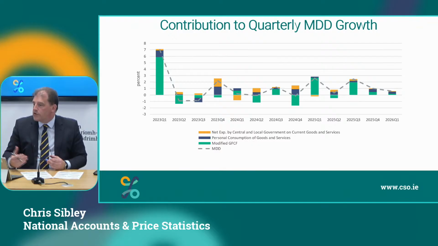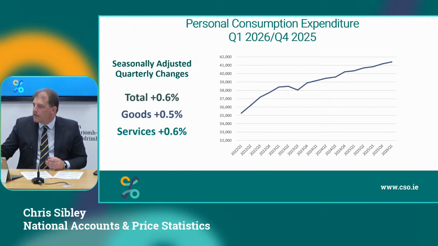And if we look at contributions to that across time, we can see that it's consumption this quarter that's keeping the MDD growth rate up. It's the main factor keeping the growth rate up in Q1 2026. Looking at each of the items on the expenditure side, we've continued growth. So despite the large price increases you see in the economy, we're still seeing large increases in consumption by all of us on goods and services again this quarter.